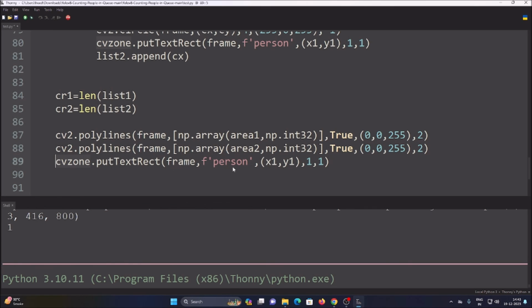So cvzone putTextRect method, and then the variable, let's say counter1. For counter1 we have cr1. What else do we want to mention here? This is the variable counter1. After that, inside curly braces, cr1, which is our first counter. So we have done with our counter, and then we need to mention the frame coordinates where we want to put our text. So let's just say 50, 60,